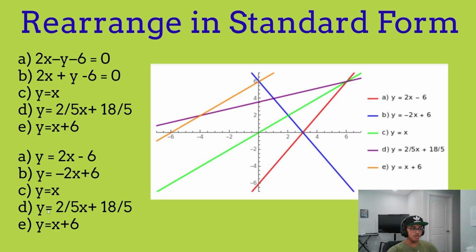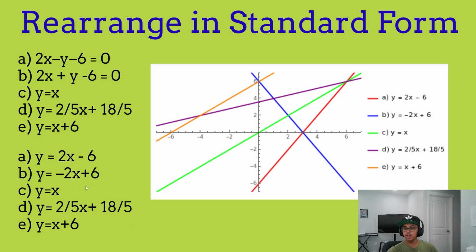So now since we have them in our standard form, it's going to be really easy to plot them onto the graph and basically check which one is which because of the intercepts. So the intercepts are the way that you're going to be matching them to the lines on the graph. And the way we're going to do this is by just taking the easiest ones first and then building on after that. So based on all of these, the easiest one that we can see is obviously C, y is